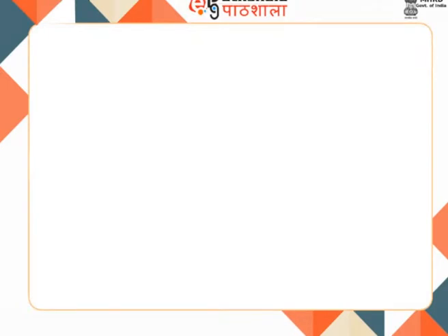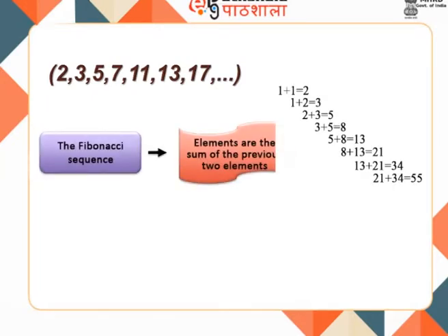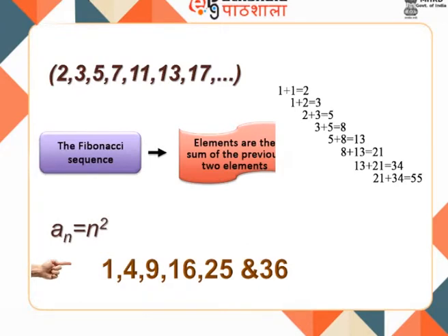Taking prime numbers in their natural order gives the infinite sequence 2, 3, 5, 7, 11, 13, 17 and so on. The Fibonacci numbers are the integer sequence whose elements are the sum of the previous two elements. The first two elements are either 0 and 1 or 1 and 1, so that the sequence is 0, 1, 1, 2, 3, 5, 8, 13, 21, 34, and so on. Example: the first 6 terms of the sequence an = n squared are 1, 4, 9, 16, 25,